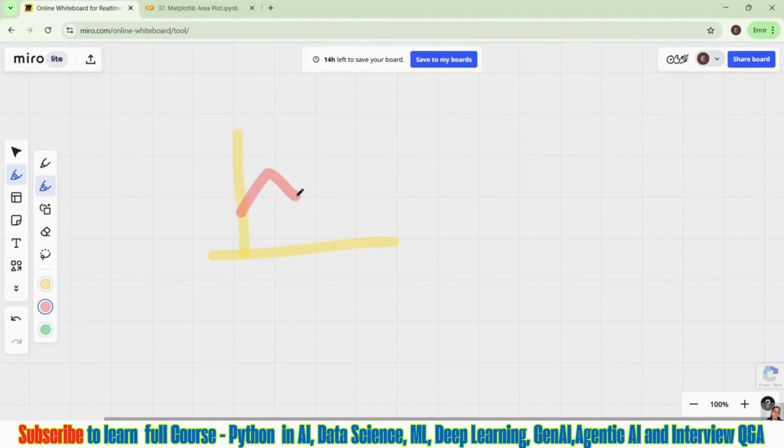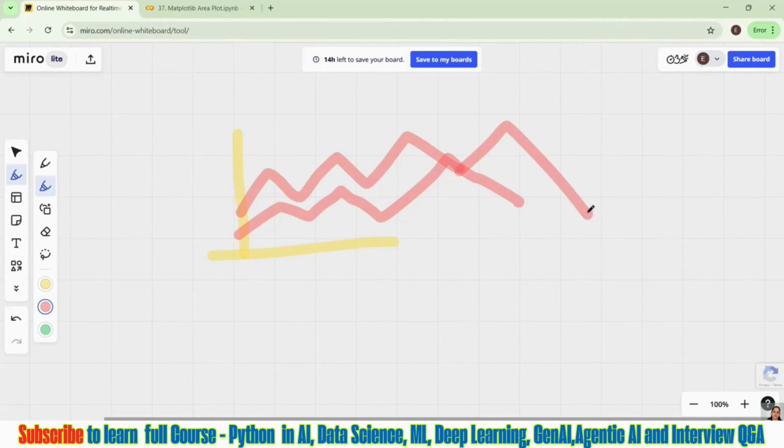When you're talking about area plot, just see this area plot. The area which you are seeing, I mean, the filled area, this is your area plot.